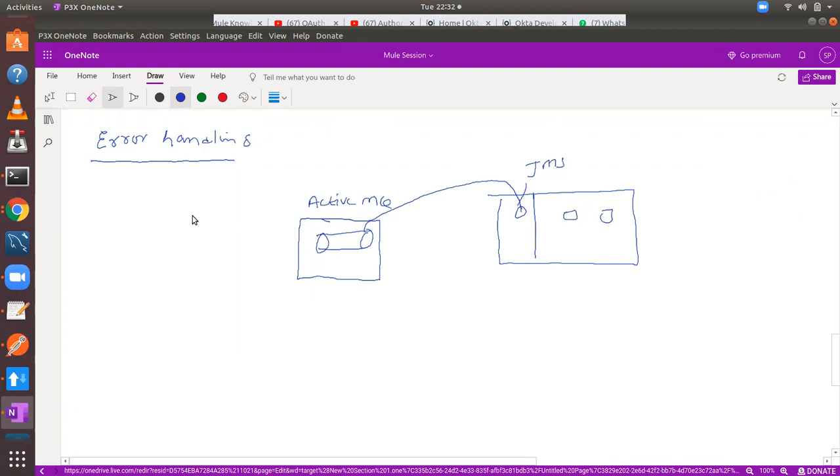From the ActiveMQ console, you can place a message into ActiveMQ, and your listener will pick up that message. If you want to post a message, you don't need a Java application or any other application to post it. Even through the console you can post a message to ActiveMQ so that the listener will pick up that message.